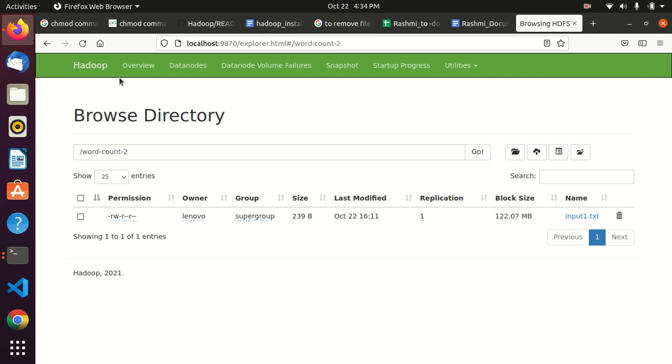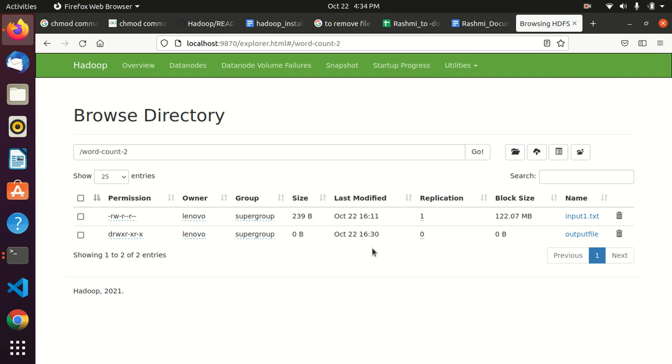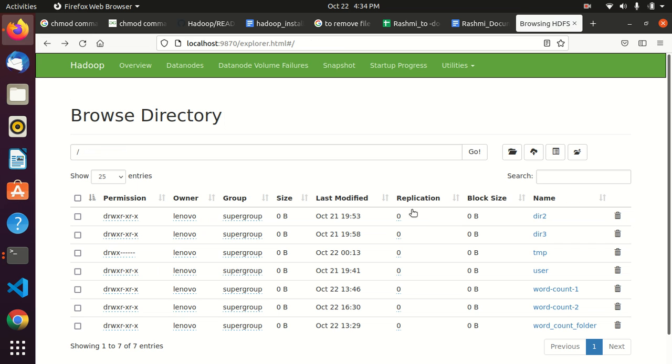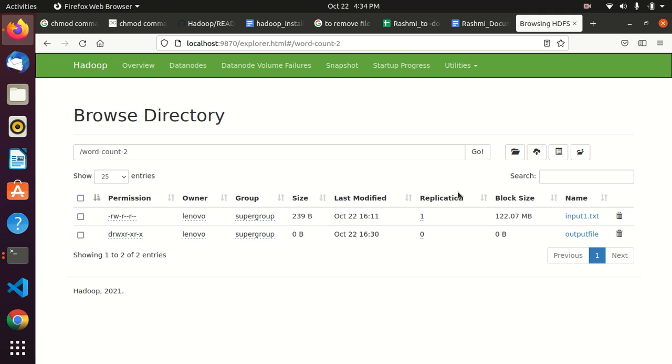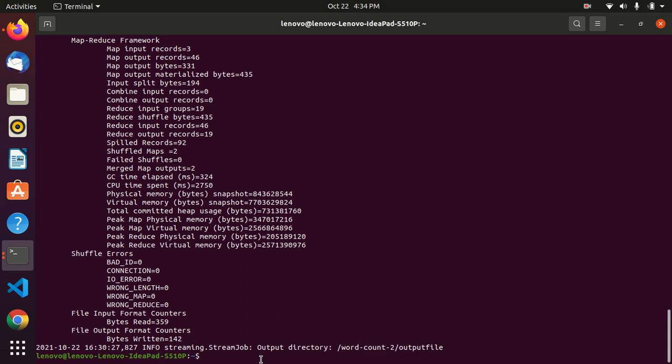So let us check here. This is our Hadoop framework, where in the wordcount-2 we have the input file and the output file. So in this output file we get the generated output. To check that, firstly we need to go to Hadoop FS.